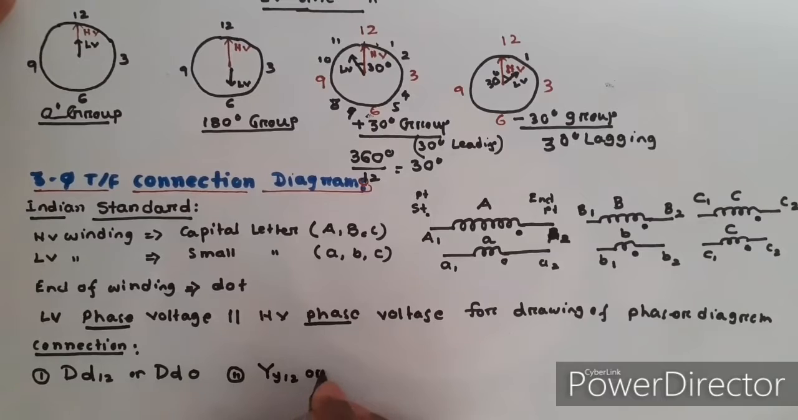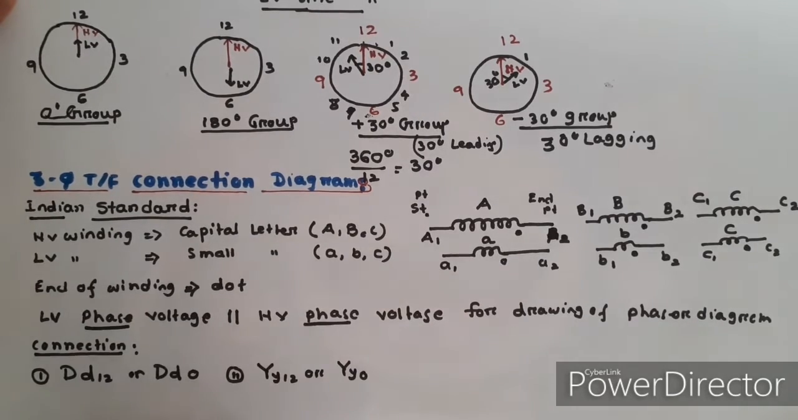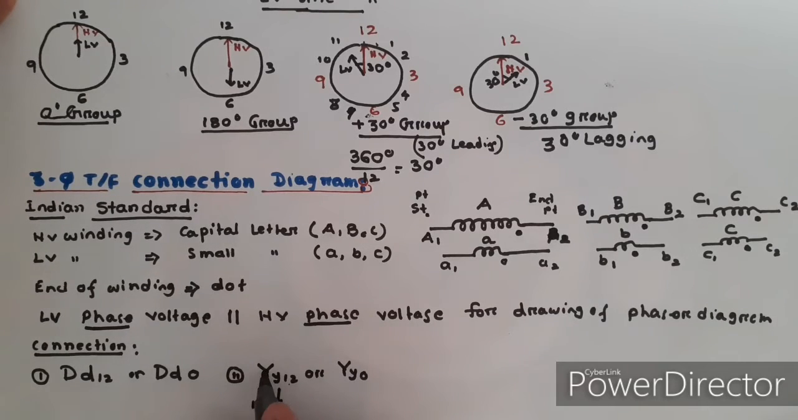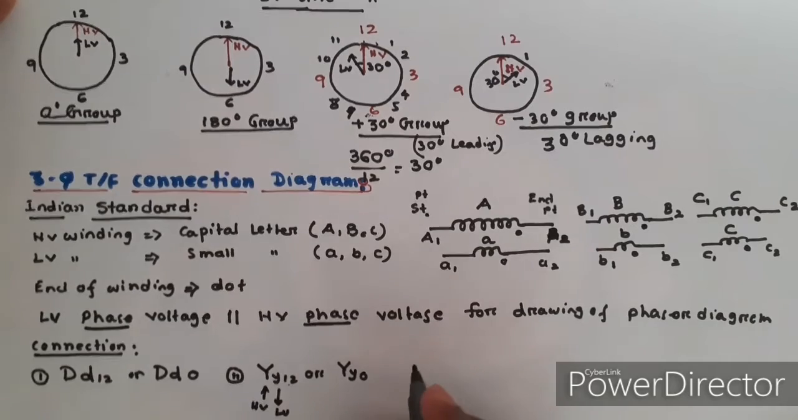YY12 or YY0. That means HV is star connected and LV is also star connected, and their phase displacement is 0 degree. That means it is 12 o'clock, LV 12 o'clock, HV 12 o'clock. Number 3,